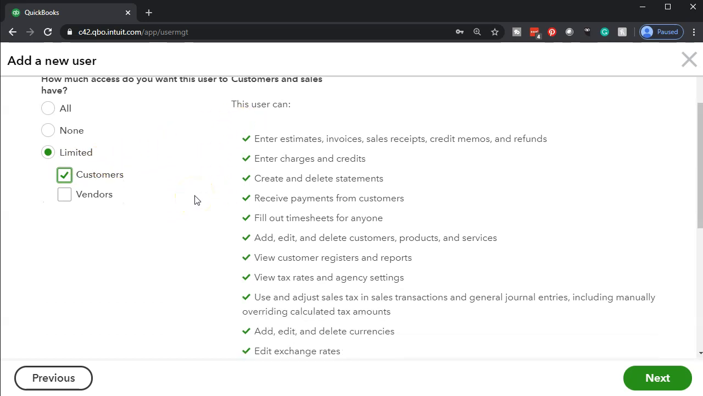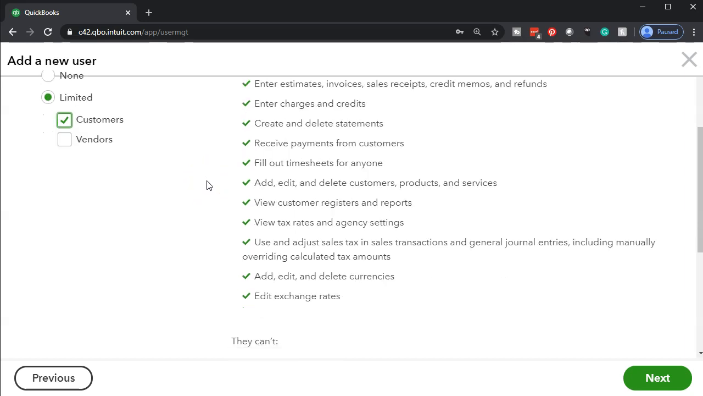This user can then enter estimates, invoices, sales receipts, credit memos, and refunds. Those are going to be the documents that we would need to be basically generating. Enter charges and credits, create and delete statements, receive payments from customers, fill out timesheets for anyone, add, edit, and delete customer products and services, view customer register and reports, view tax rates and agency settings,